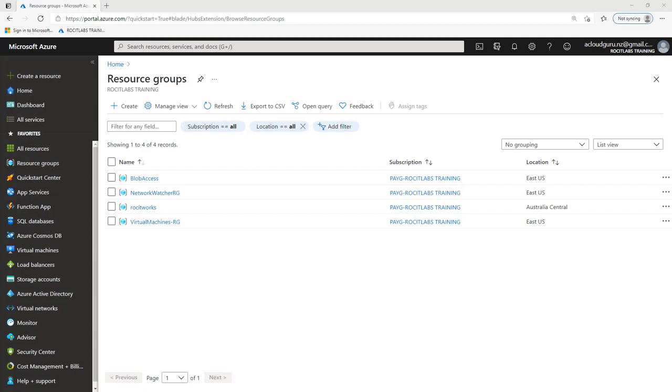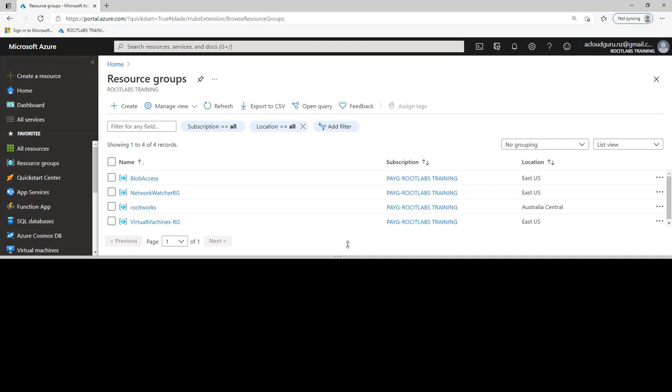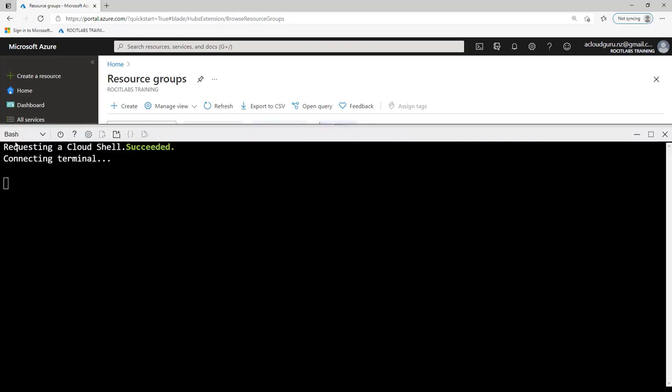Hi, as you can see, I've logged into the Azure portal. So let's move over to CloudShell. I'm just going to drag this up so we've got some more real estate. Make sure you are in Bash. This is the CLI for Azure. So I'm going to type AZ